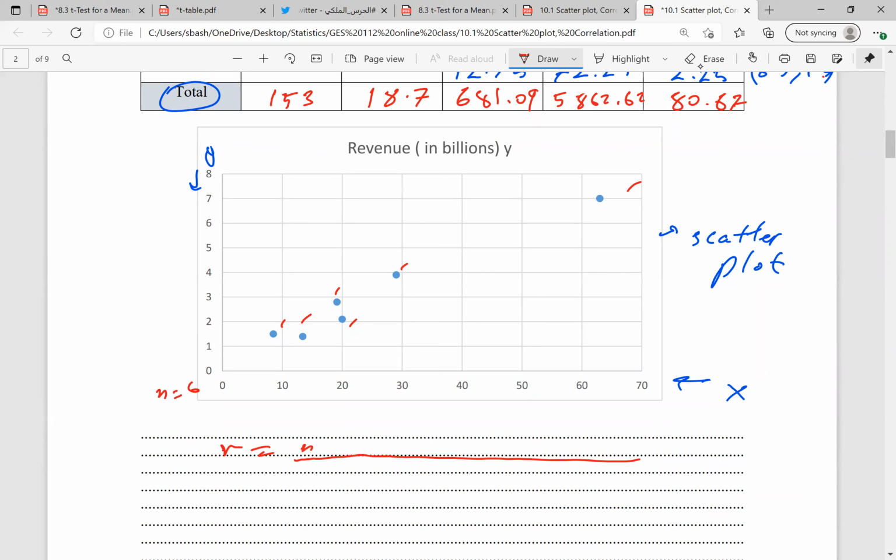It is n multiplied by sigma xy minus sigma of x multiplied by sigma of y, divided by the square root of n multiplied by sigma x squared minus sigma x all squared, multiplied by n multiplied by sigma y squared minus sigma of y all squared, which is equal to